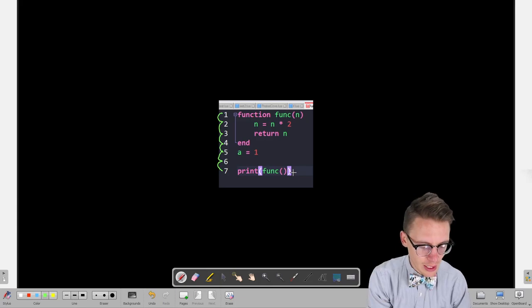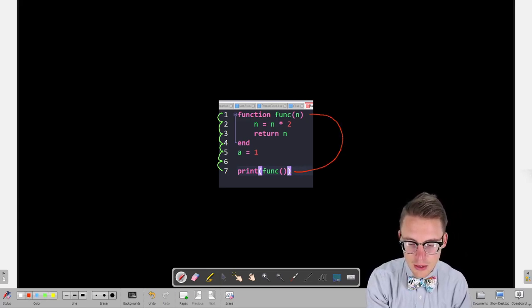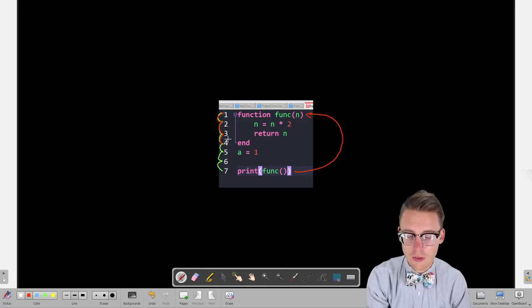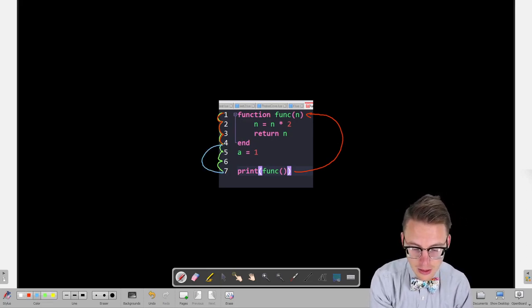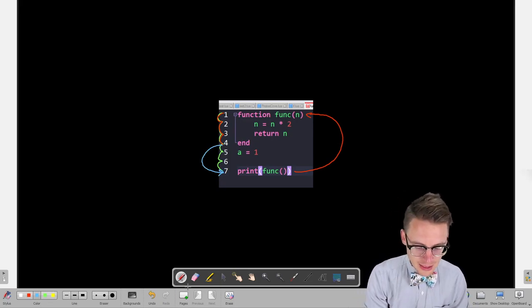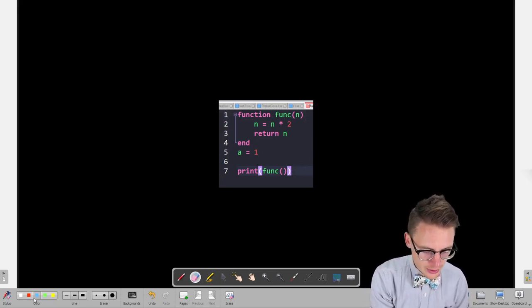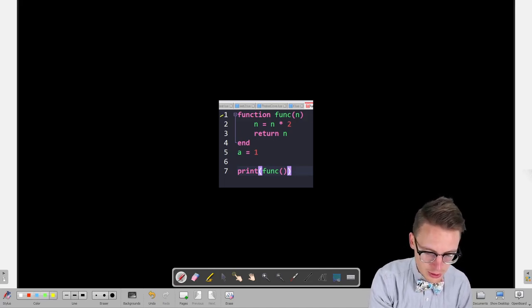But you could also think of this as being like the line of code jumping up to here and then hopping back through these 4 lines of code, after which, once it is done with this function, it jumps all the way back down here. So that is how you could imagine it. Now, it's technically not like that because this function is stored in memory. So the code would literally just go this,